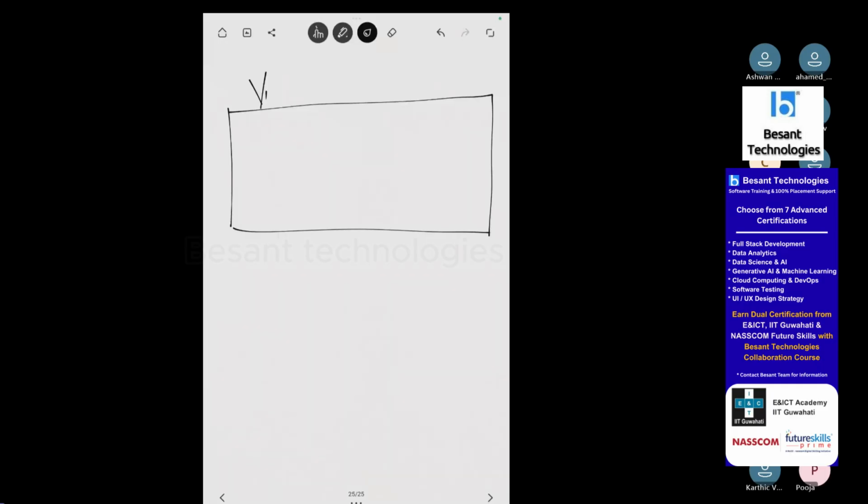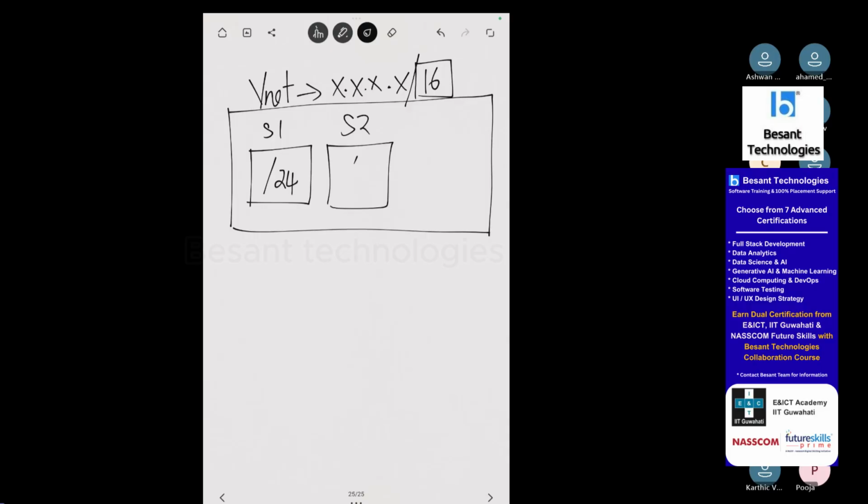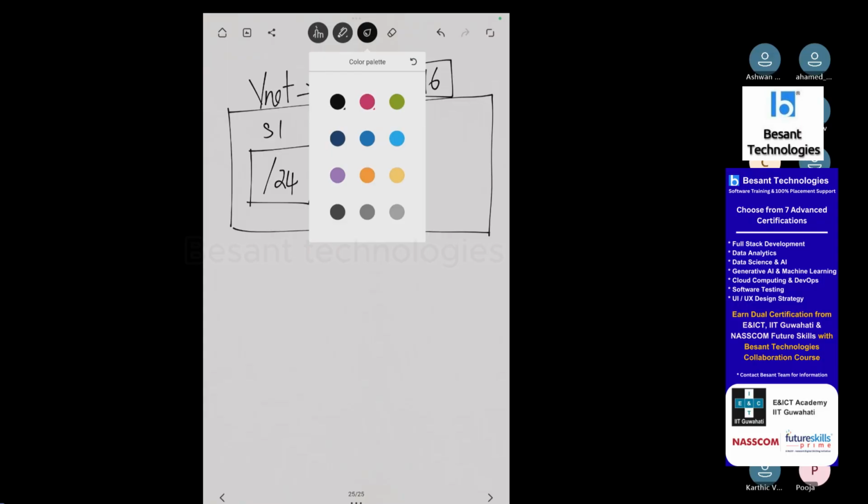Now I'm going to create a VNet with an IP address of CIDR /16. Now I'm going to create a subnet 1 with a /24, and I'm going to create the subnet 2, which is again /24. Guys, you know very well what 16 is. 16 is nothing but, I write it at the top,